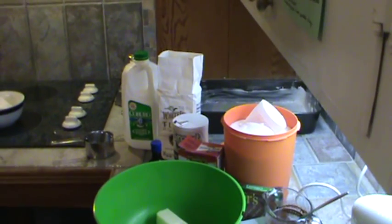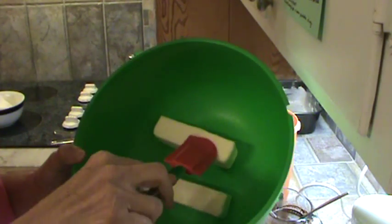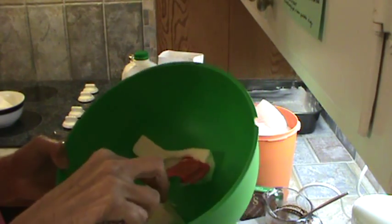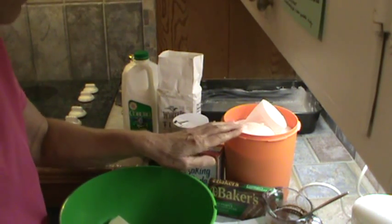First of all, we will need 2 sticks of softened butter. And softened by, you can just sort of mash it around, see? That's softened. You don't want it melted. 2 cups of sugar,